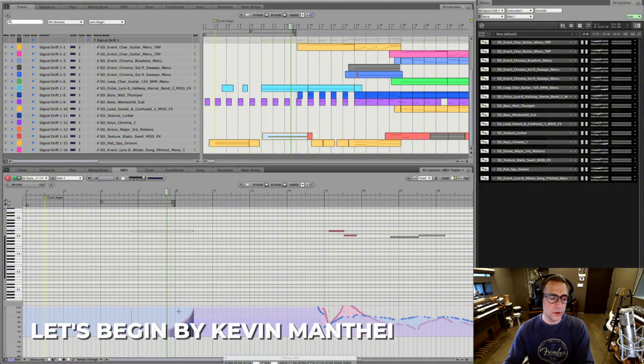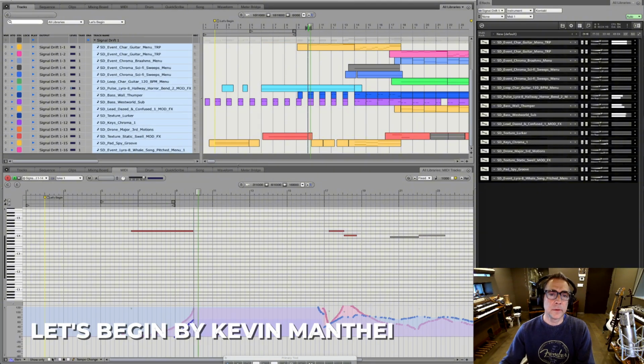And then we got a texture swell, and you can see here we have, what is this? Expression. So I put a filter on it. And a bend at the end, which is cool. So it gets us into this next section at measure 10. So at 10,